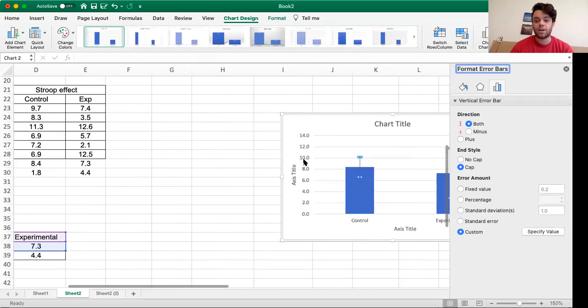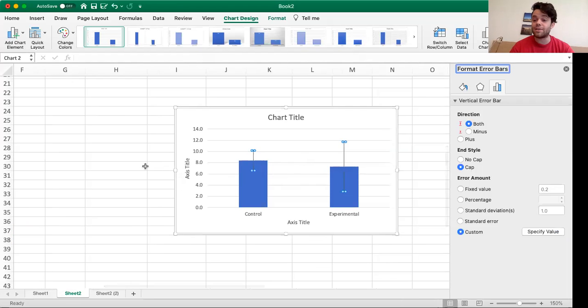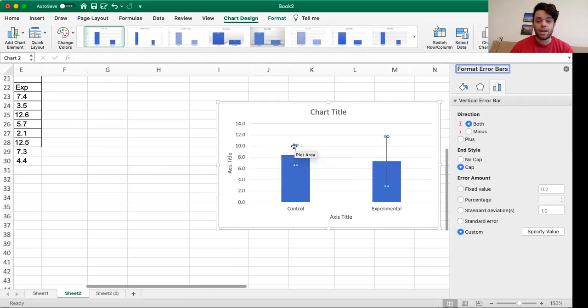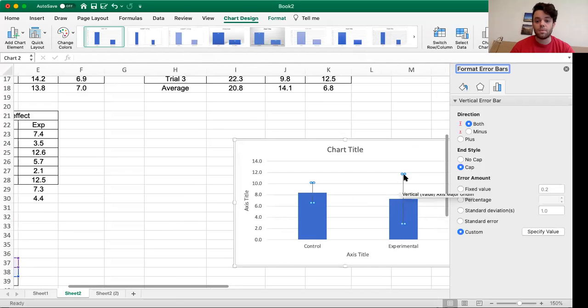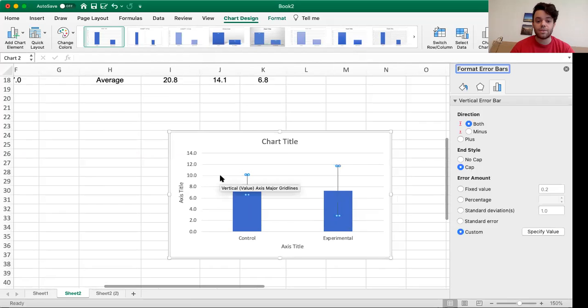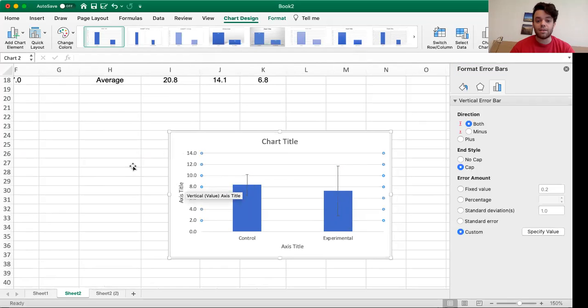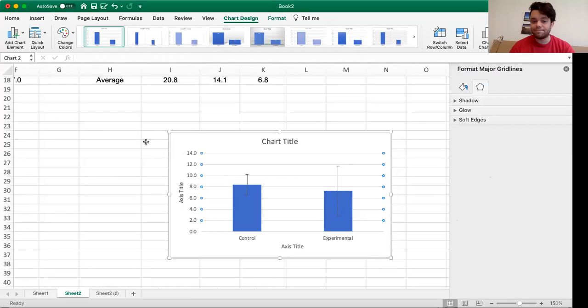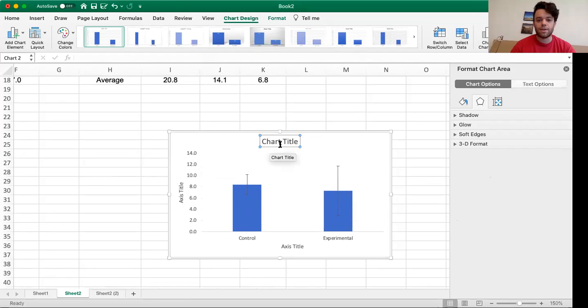Okay. And let's look at our graph. Hey, look at these error bars, and they're different. This is 1.8 above and below, and this is 4.4 above and below. So it actually looks really nice. I'm going to clean this up and make it look even better. We'll get rid of the horizontal lines by clicking on them and just clicking delete. We're getting rid of the title. We're not going to put a title here. Notice that the default options here are